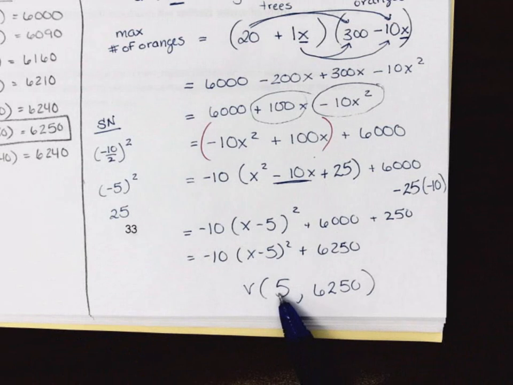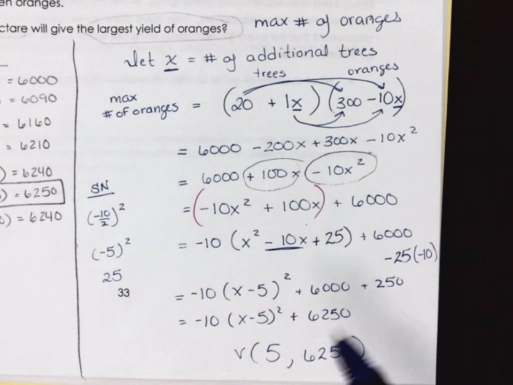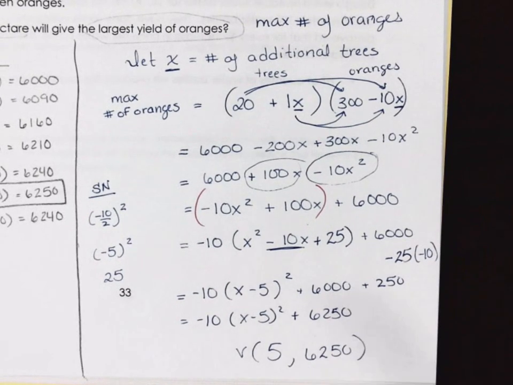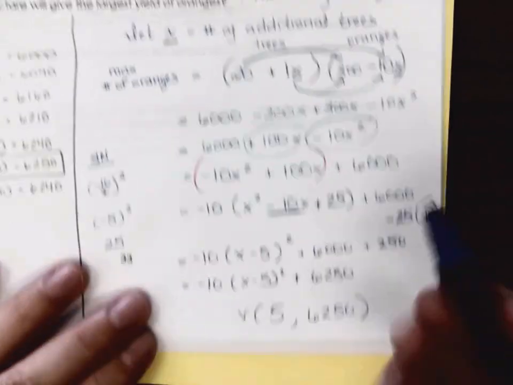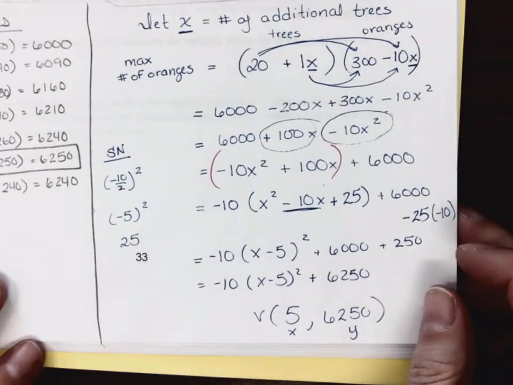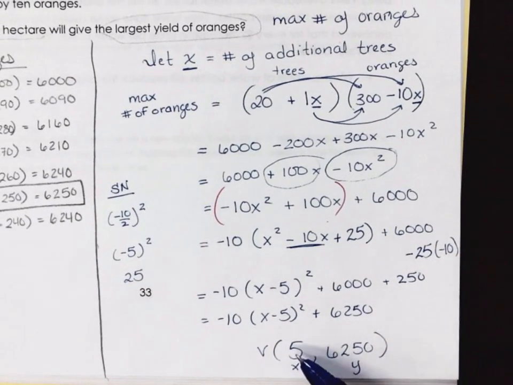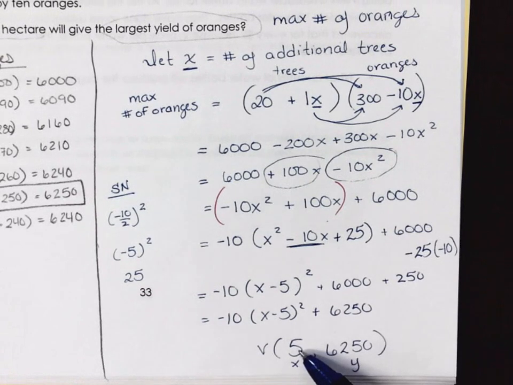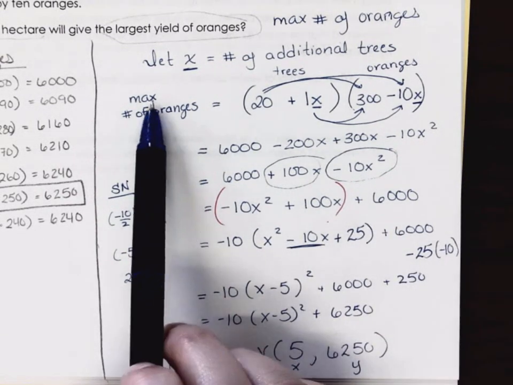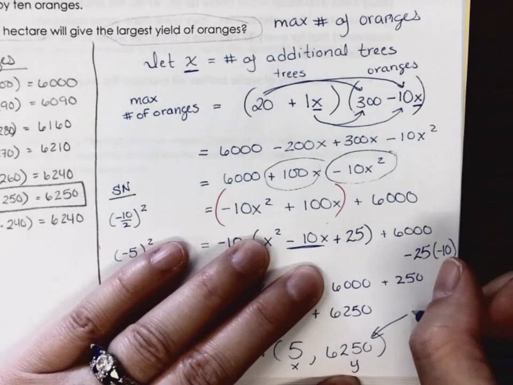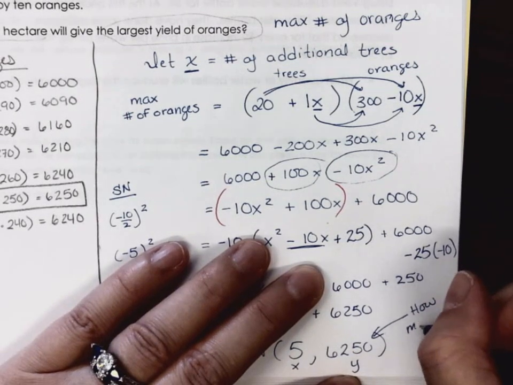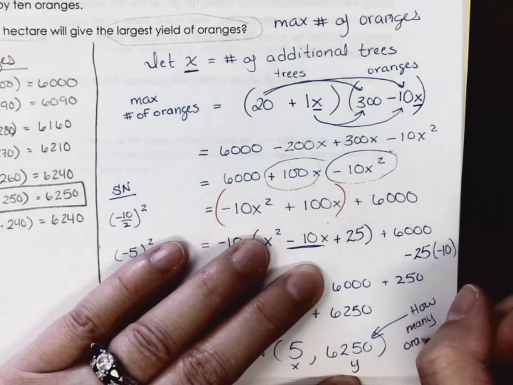What does the x represent in my vertex? You defined it before. A number of additional trees. So if I started with 20, you have a binomial about your trees. You guys agree that this is the x value, that's the y value? So the x value, I know I need 5 additional trees to get the maximum yield, and we said that y was equal to the max number of oranges produced. So this represents how many oranges